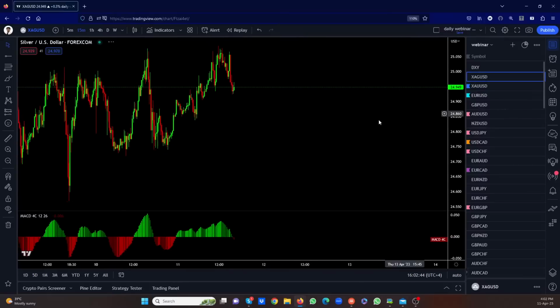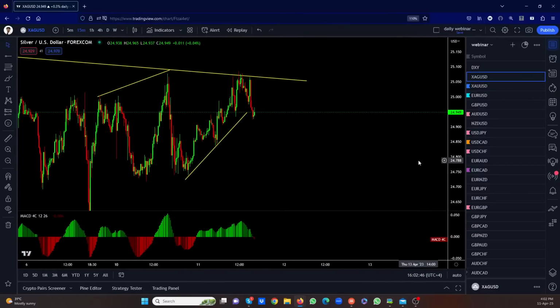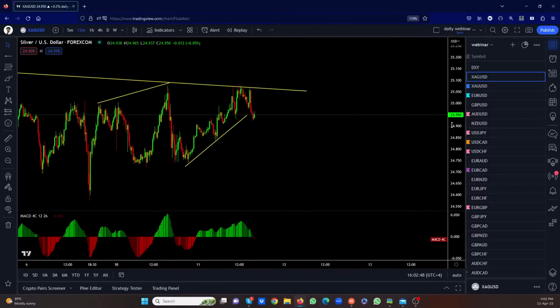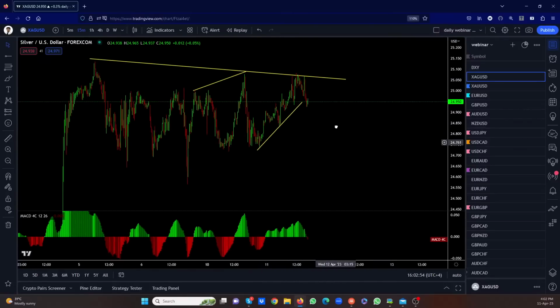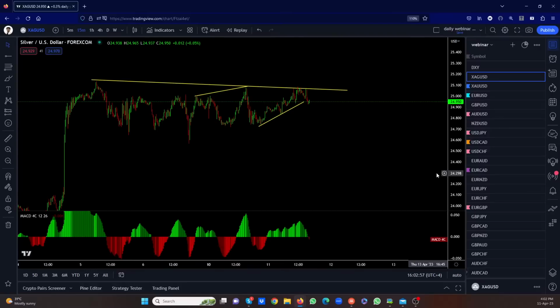Silver, nothing. We don't have the sell. We don't have the buy setup. It looks more like a buy in this piece, but it's not a good buy setup, so we'll leave it. We don't have a trade in silver yet. Most likely it will come to the bottom here without me. I will let it come back to the bottom without me, and then we'll be looking for that buy setup. So what would that look like in a bigger time frame?